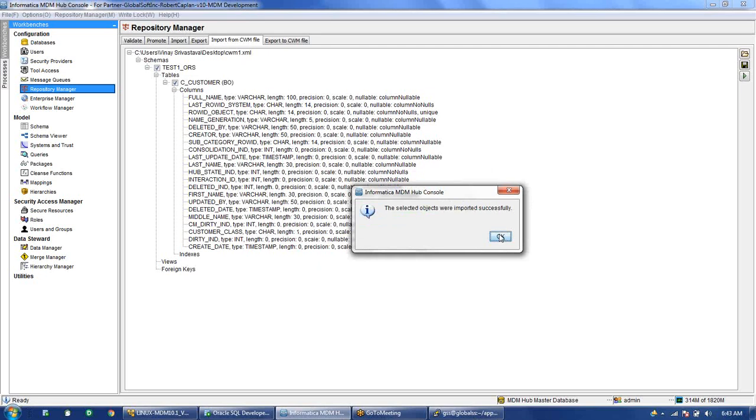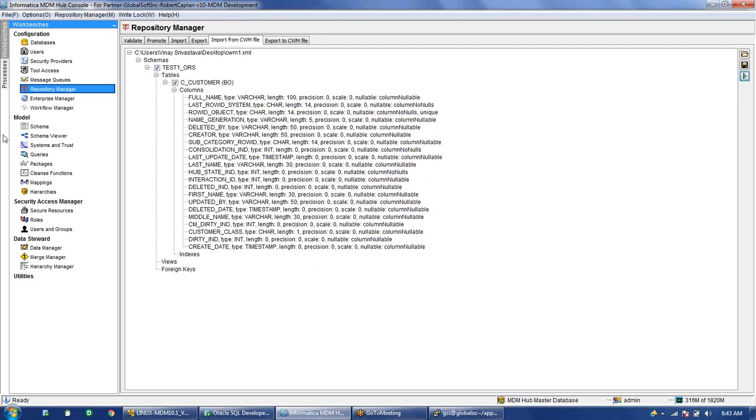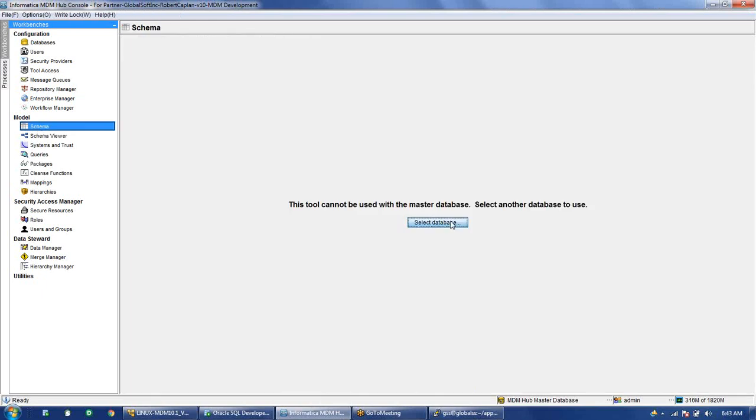There was some connection issue. It was not able to create a connection. Now this has been imported, so we can go and check this in the ORS now.